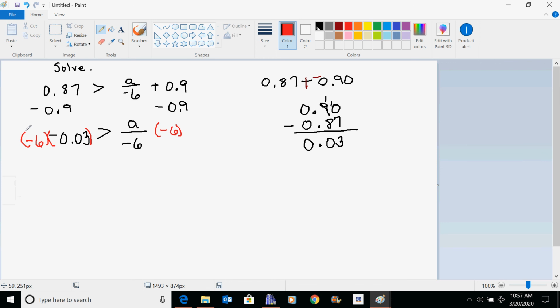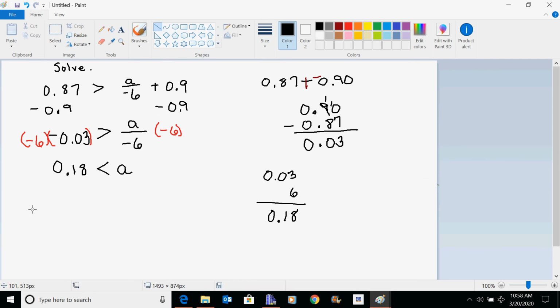First of all, negative times negative, 0.03 times 6, I have 18. The decimal point moves over 2, so I've got 0.18. Negative times negative makes positive. I had to multiply by -6 to do that, so I have to change my sign over so that a is greater than